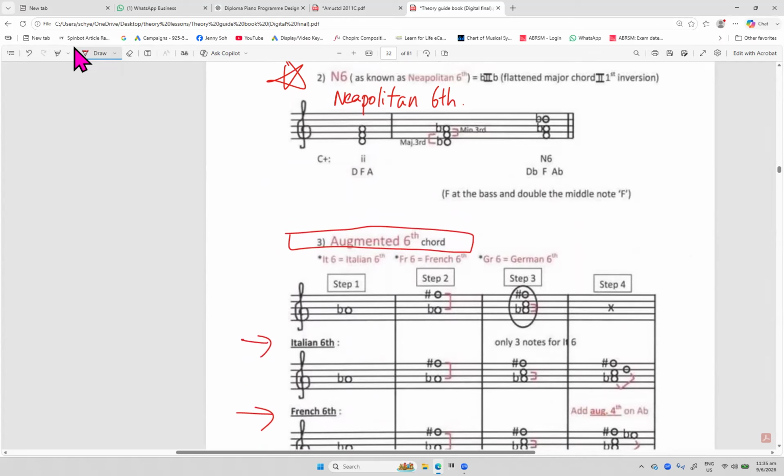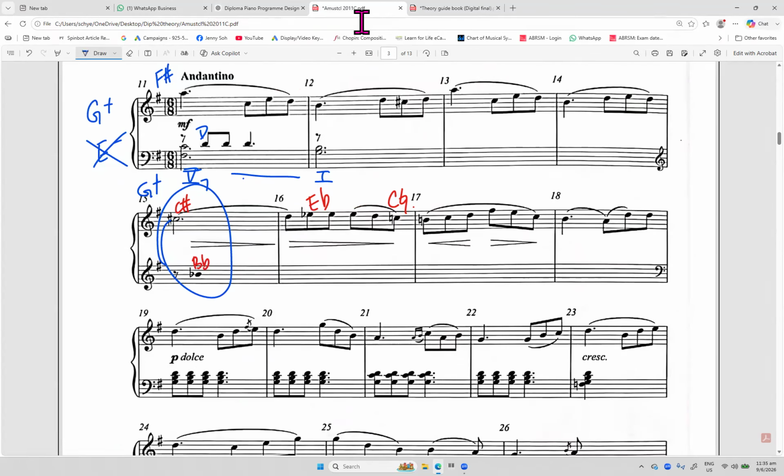If you don't know how to build the chords, you can refer to my video that talks about chromatic chords on my channel. That should be covered in your grade 8 music theory exam. So now we try to build the chords in G major. In G major, how do we get C sharp and B flat? So one of the possibilities can be